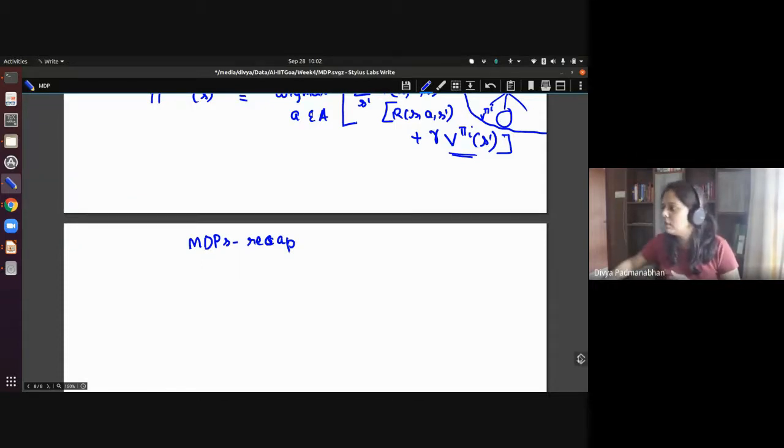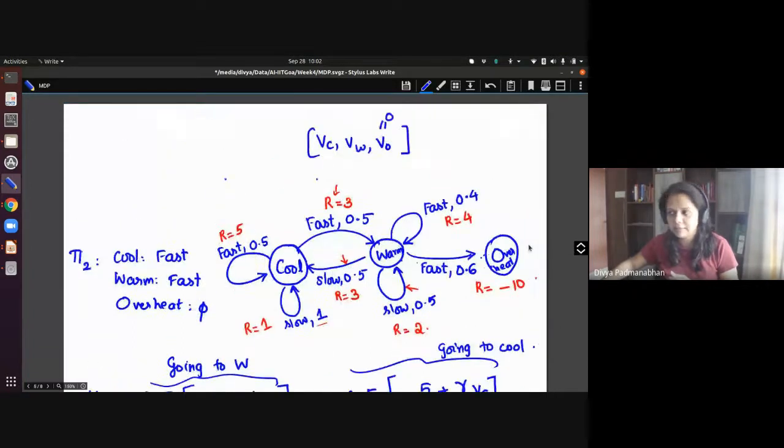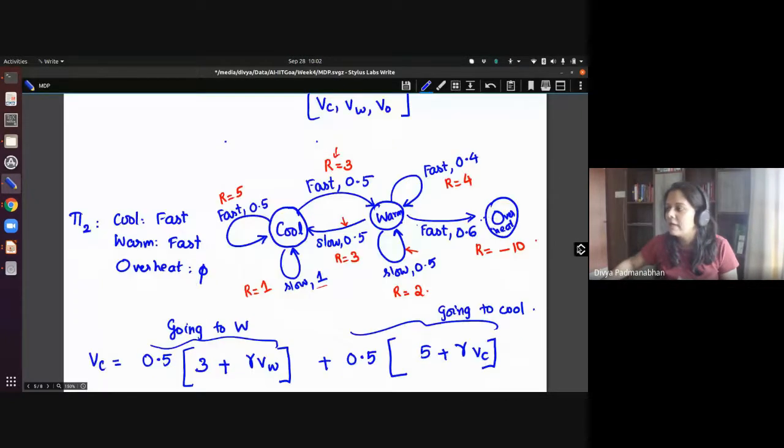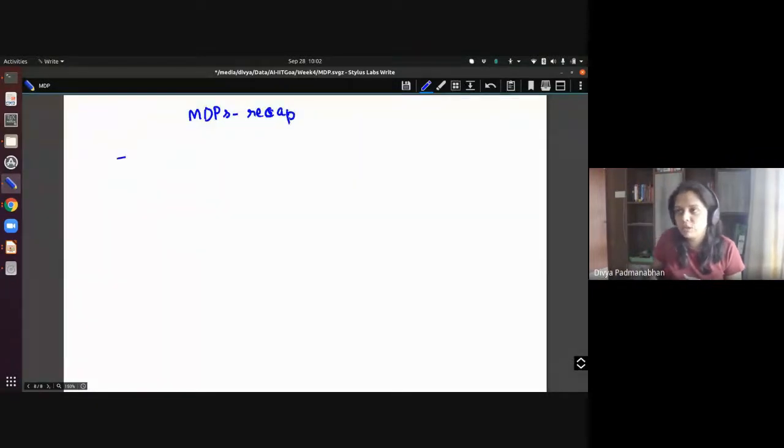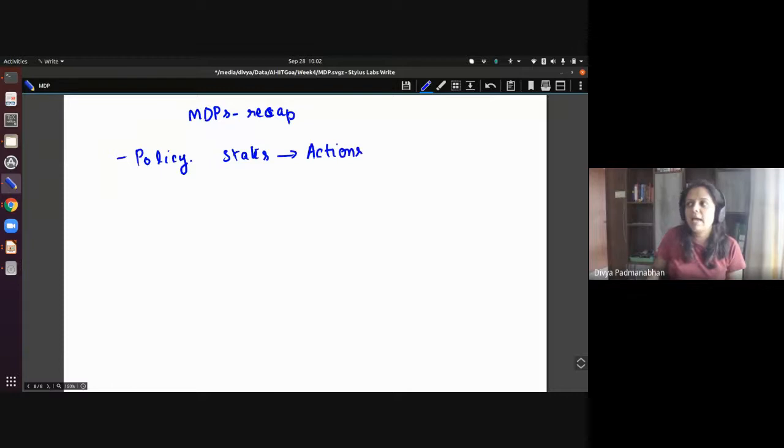And we saw examples which can be cast as MDPs. There was this racing car example which we came up with, and there were a couple of problems that we studied. Policies were of interest. A policy is a mapping from a state to an action, so states to actions. So this was a function, and we represented this as pi. There are different policies possible.